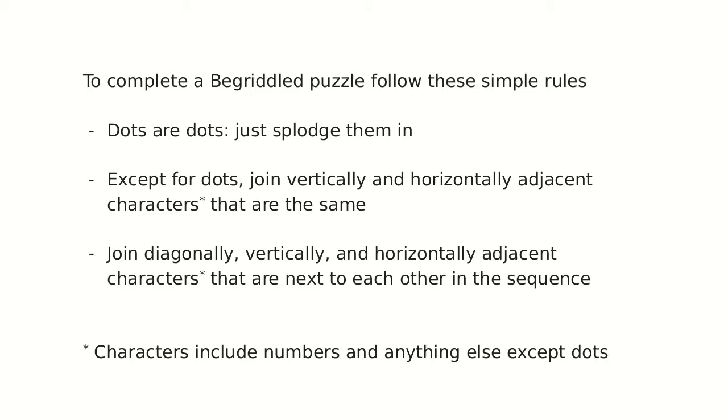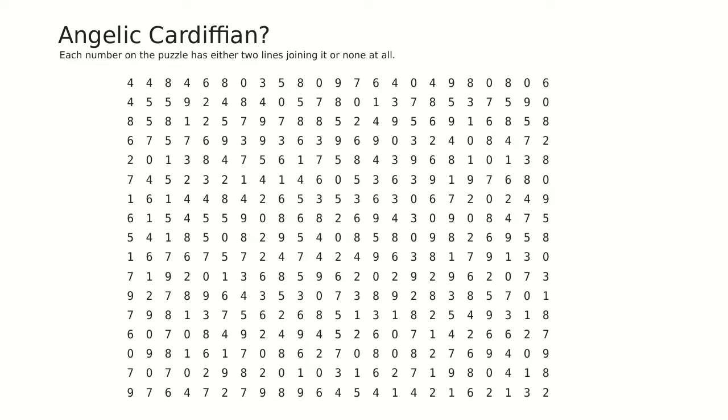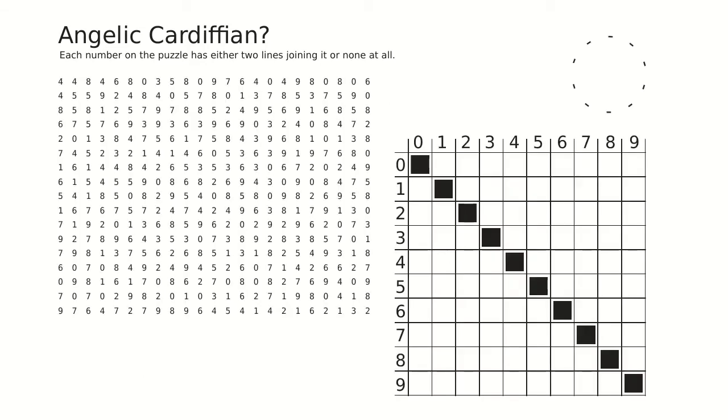But this is a logic puzzle and we don't get told the sequence, we have to work that out. And the rule here is that each number on the puzzle has either two lines joining it or none at all. Now this is actually a pretty easy puzzle, one of the easiest logic puzzles, as you'll see as we go through it now. So if we start up at the top with those 4s,